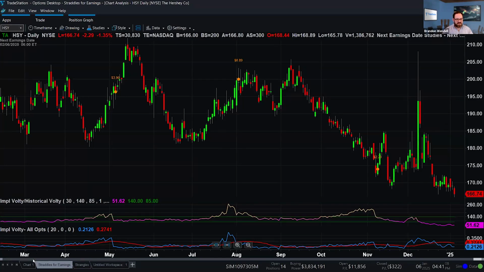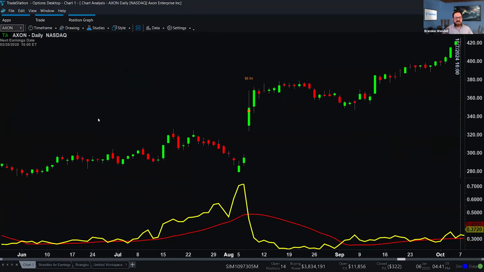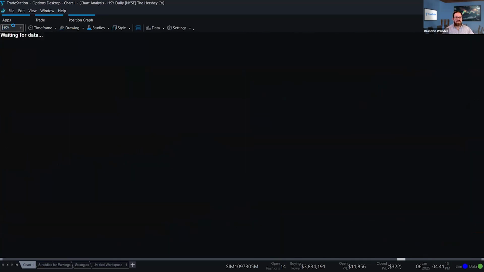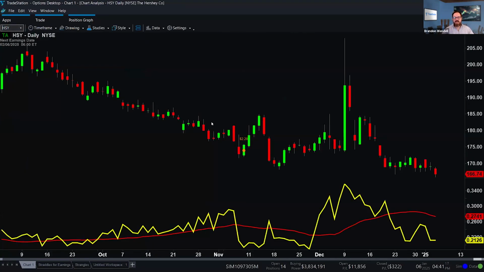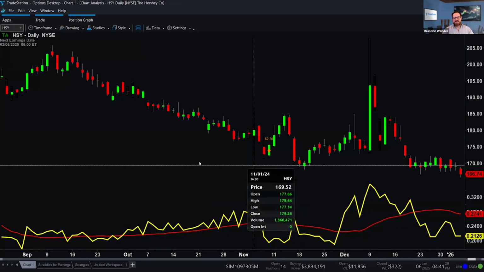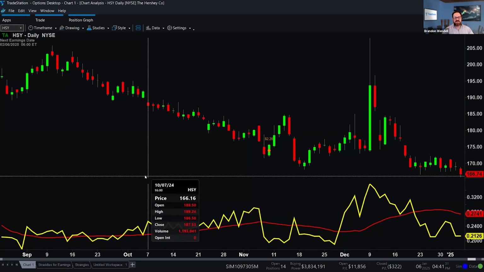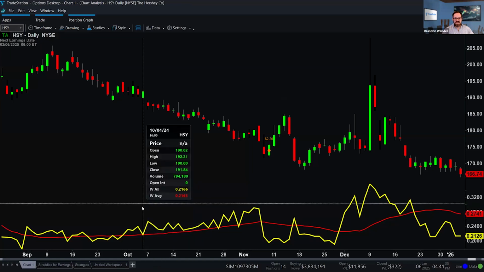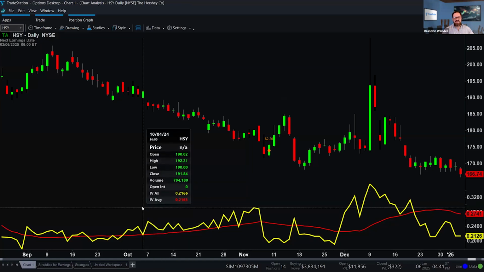Let's see this one. Let's go back and bring it up on this chart. Here we go. Now you can see a little better. There's my earnings announcement. You can see the big jump in volatility, the big drop in volatility. Again, going from roughly, when was the announcement? One month before the announcement would have been November 7th. So October 7th, you can see the volatility went from 21.